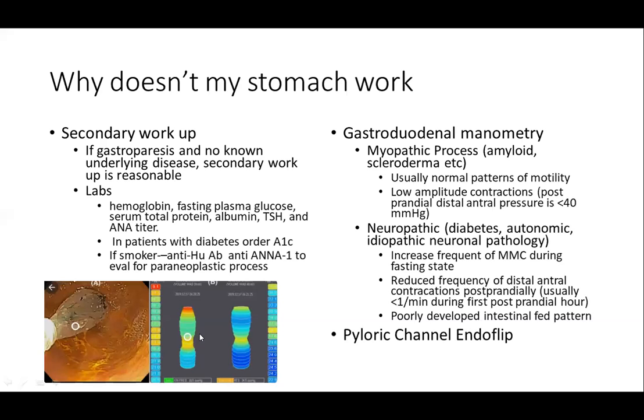And it can detect abnormalities. When it gives you pressure measurements, you can figure out if it's myopathic, which would have disordered squeeze pressures, versus potentially neuropathic, where you're seeing reduced frequency of contractions. So those will give you clues. It's not regularly used for this, but it can be done. Again, we probably don't do it here. It would be more of a tertiary center referral.